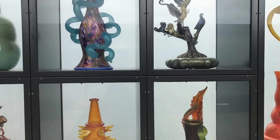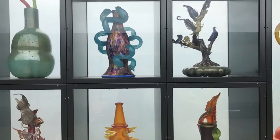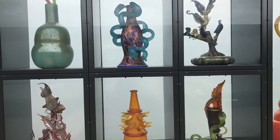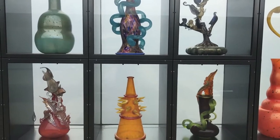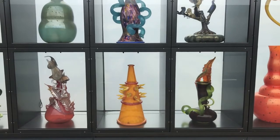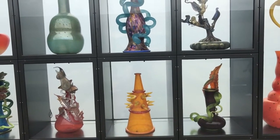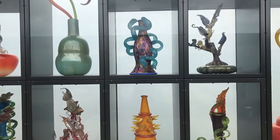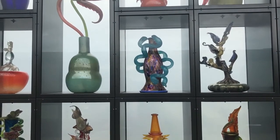Now we've got some really fun things happening right here in the Chihuly exhibit. This again was from a trip to Tacoma, Washington. This is a permanent collection in Tacoma, Washington, about all of the things that make up Mr. Chihuly. As you noticed, there are several videos about this bridge, because first